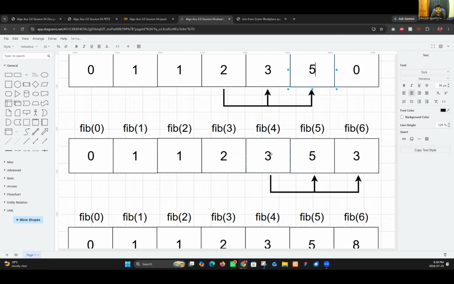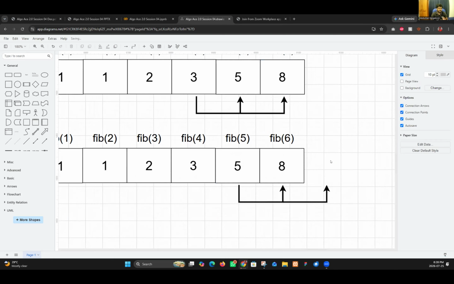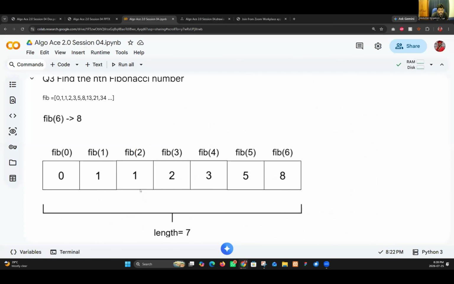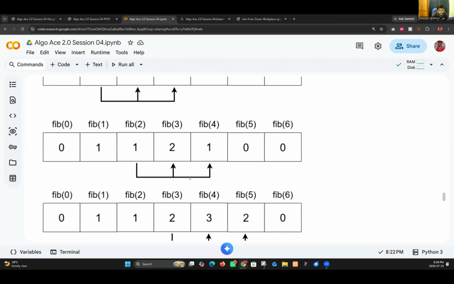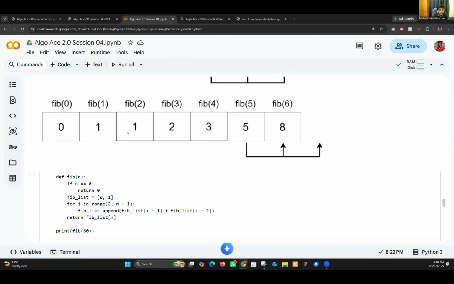Again, 3 plus 5 is considered as 8. You can go further with this, but you will find out the pattern. So you think, this is the pattern.